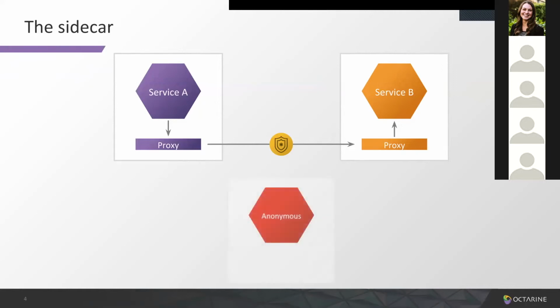So what happens if we have an intruder in the network? If it doesn't have that sidecar that has gone through the process of obtaining identity, it will not be able to authenticate itself, and obviously any attempts of accessing other services will be denied. And we'll start getting alerts that a possible intrusion is going on.